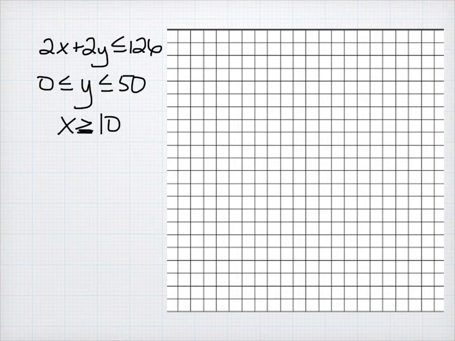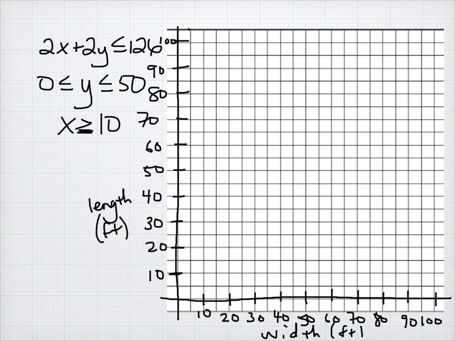So I'm going to set up my graph, and let me just take a second to do that. So I'll pause it and set it up. So hold on just a second. And here we are. So our graph is all set up. I counted by tens. A lot easier to count by tens here. It's going to be a little bit more difficult when we get to the graphing part for some of it,